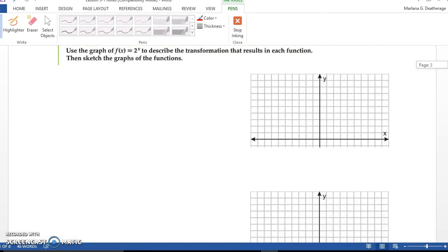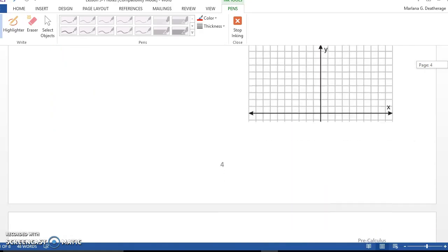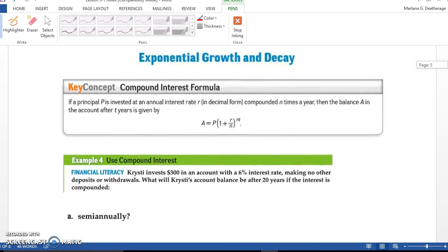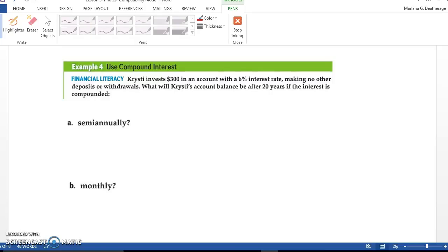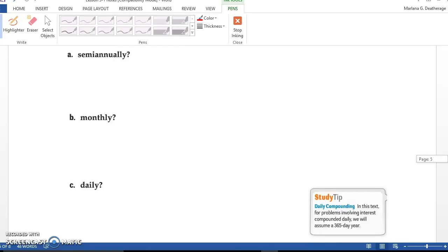Alright, then we started looking at applications of exponential functions, which got into exponential growth and decay, okay, and compound interest. Last week we worked on a problem, which you have in your notes. We figured out how much money she would have if the interest was compounded semi-annually, which is twice a year, monthly, which is 12 times a year, and then daily, which would be 365 times